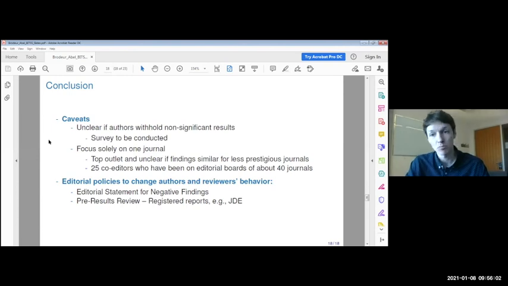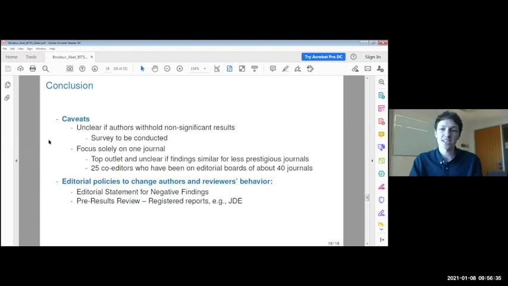So there are some problems with the studies. I mean, it's not perfect studies. There are tons of issues, and one of the big ones is this is only one journal. So if you look at, let's say, less prestigious journals, would you find similar results? Well, obviously we cannot answer this question, but one thing I can tell you is the patterns that I just documented, if you look at, say, the 5 top co-editors at JHR that have the highest number of submissions, if you look at those, the distribution is very similar.